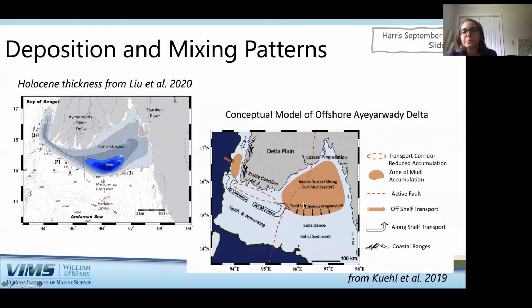And this was our conceptual vision about what was happening in the study site, that we would have intense sediment mixing in the Gulf of Martaban because the tides are so strong here, and that we might have bidirectional seasonally driven transport, either importing material during the southwest monsoon or exporting it during the northeast monsoon.